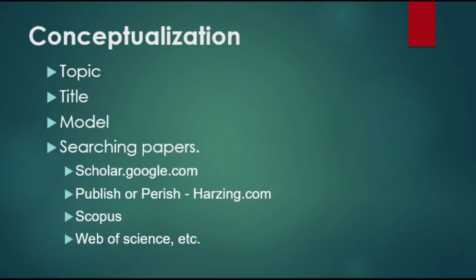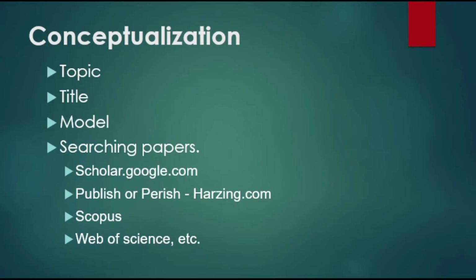First is the conceptualization, and in this process, for the beginners, they should start thinking about the title, and then they should start reading about some of the papers. You can use Google Scholar, which I told you, to find out what are the latest research related to the concept which you are going to write. For the conceptualization, you can start searching the papers on Google Scholar,